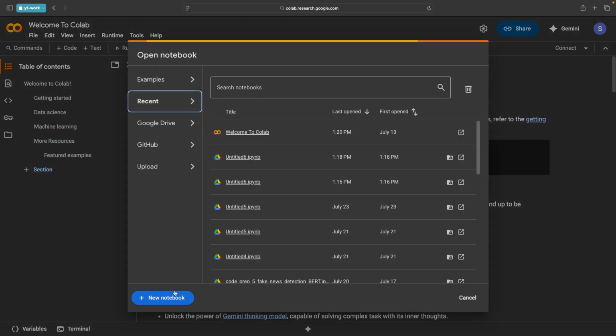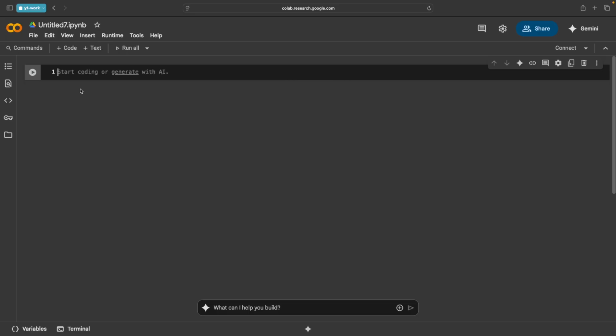Here you will see there's a new notebook option. Go ahead and click this. This is going to create a new notebook file where we are going to write our code. This may take a few seconds, so let's wait for it. Yeah, it is there. You see this black colored cell over here? This is where you would write your Python code. Let me show you a quick example. Let's say I'm typing print hello world. So I would say print, open and close parenthesis, and let me say hello world.